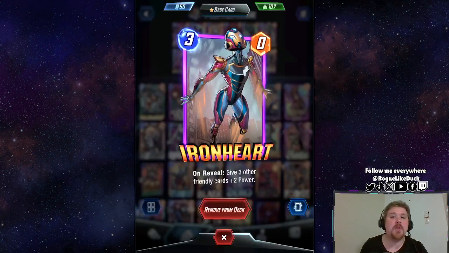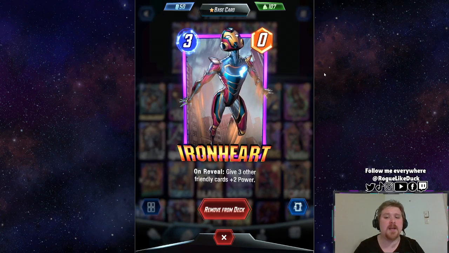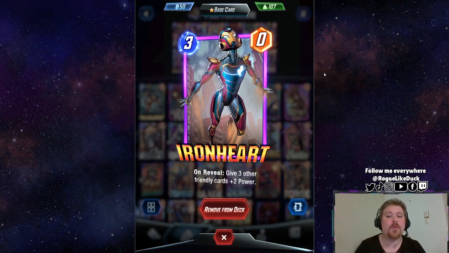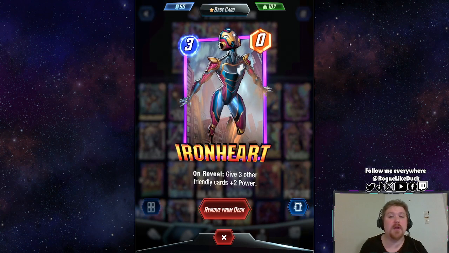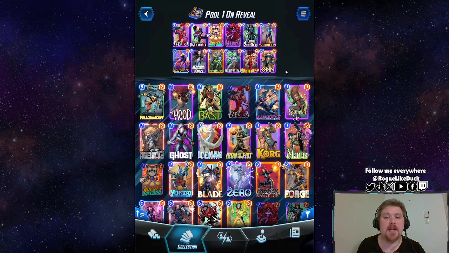We're going to pair him up with other big playmakers like Ironheart, who's a 3 cost, 0 power card, but has the on-reveal ability to give 3 other friendly cards plus 2 power. So hopefully we've played at least 2 other cards, and on turn 3 we can drop Ironheart down, and by